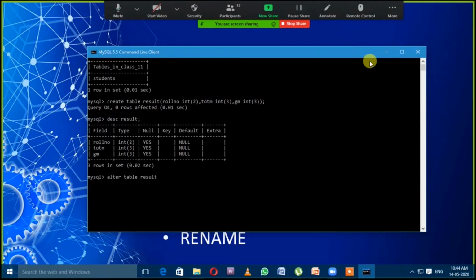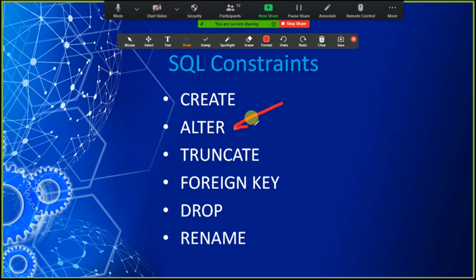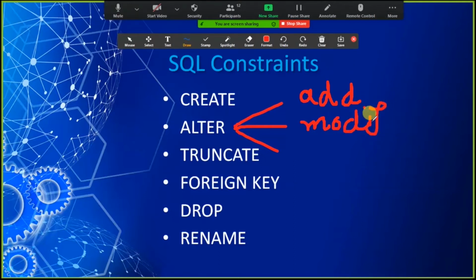Okay, I wish to discuss one more thing with you guys. The alter table command performs 3 different tasks. First is the addition of any column. Second is modification in any existing column, and the third is